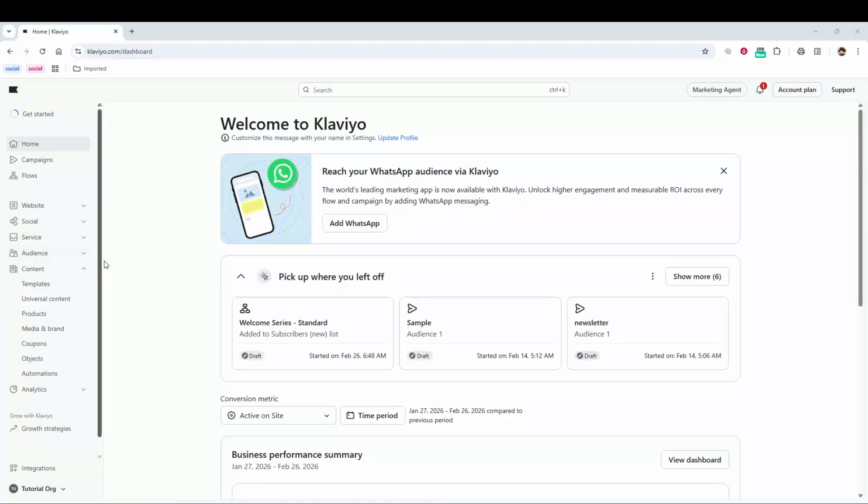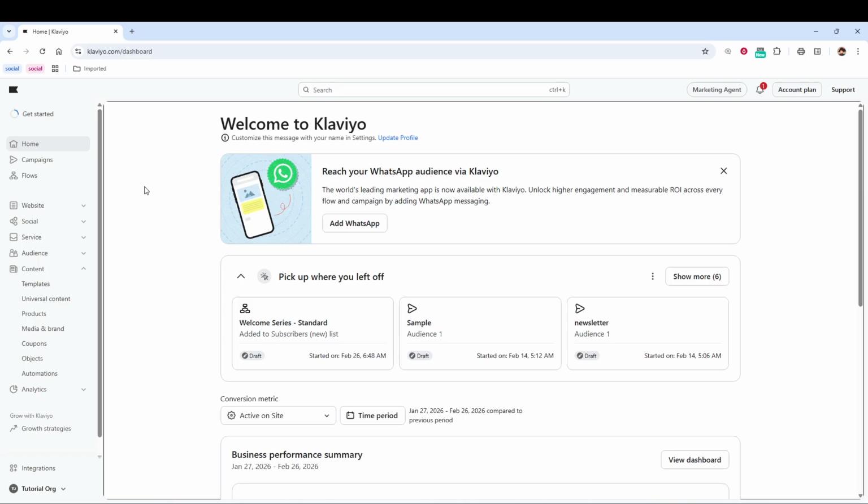In today's video, I am going to teach you how to create flow in Klaviyo. A flow in Klaviyo is an automated series of actions, usually emails or texts, that runs based on a trigger. This is how you send messages at the right time without having to manually reach out to every subscriber. Using a template is a fast and reliable way to start because it gives you a proven structure that you